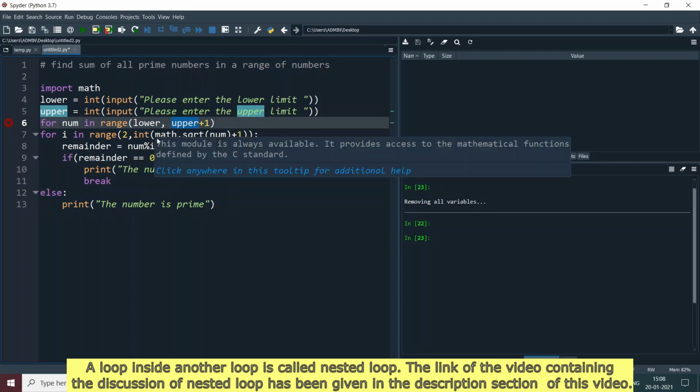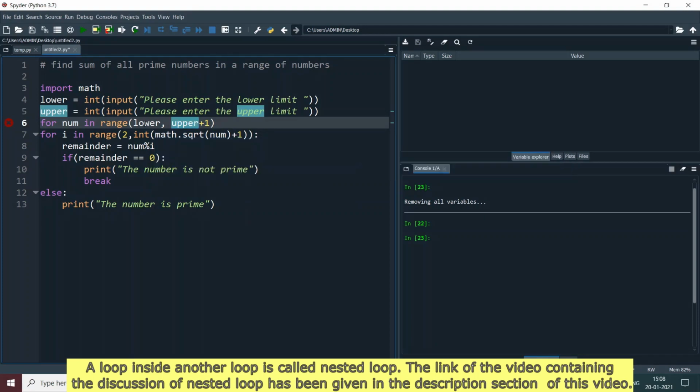For example, if you want to determine the sum of all the prime numbers between 3 to 6, and here if we mention 3 comma 6, then actually the iteration will be done over the sequence 3 to 5, because the last number or the upper limit in the range function is not included in the sequence. So to actually include the upper limit, you have to mention upper plus 1.